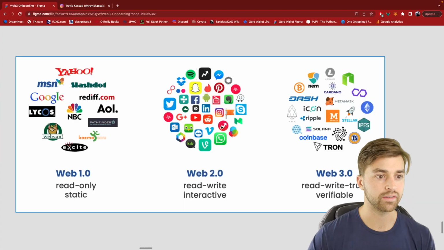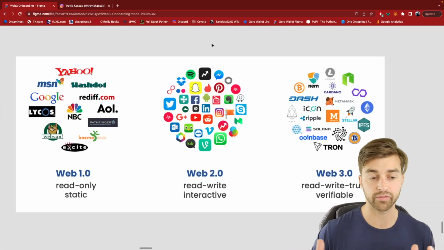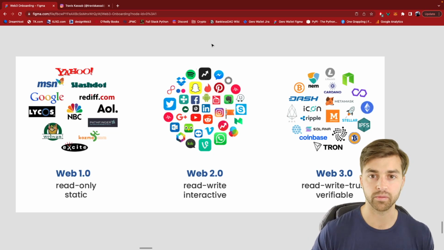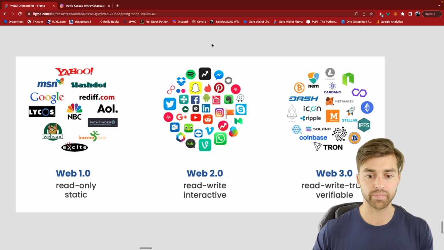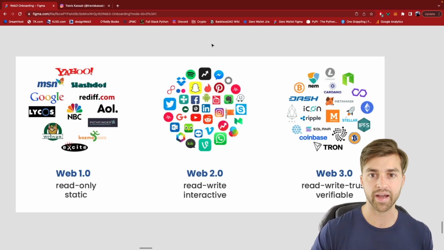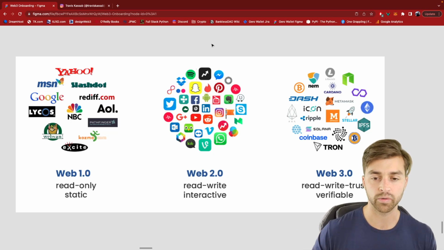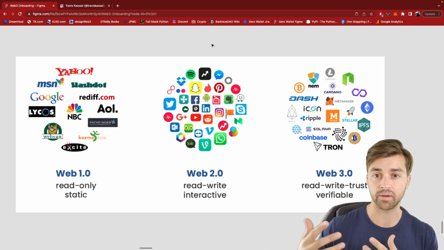Web 2 is dominated by several really large companies, and these companies are in a large way influencing how billions of people around the world experience the internet, right? So it's a big power, and they're not inherently bad, but there are some downsides to it, like the switching costs that I talked about before. And then also there are stories of how, if we think about Apple, for example, Apple has the Apple App Store. And so third-party developers want to